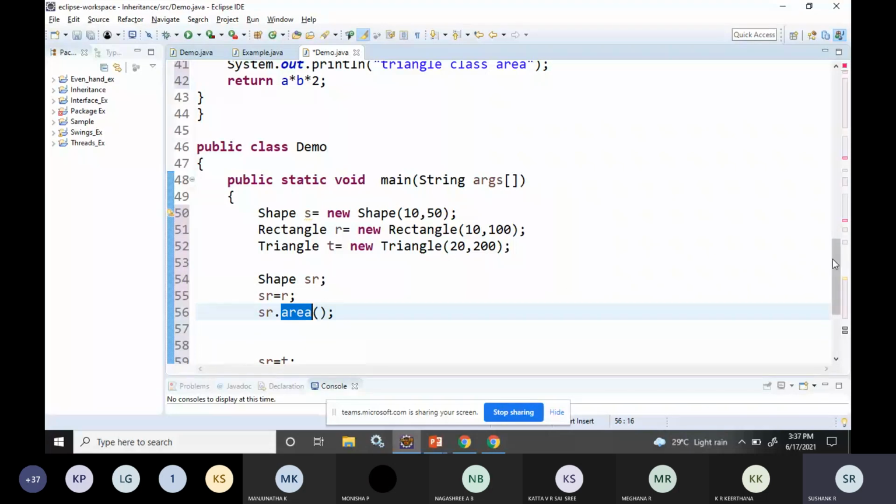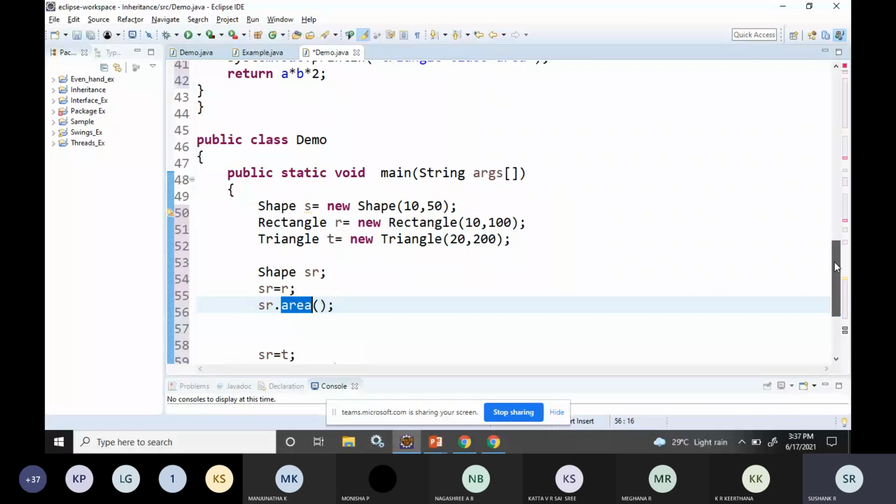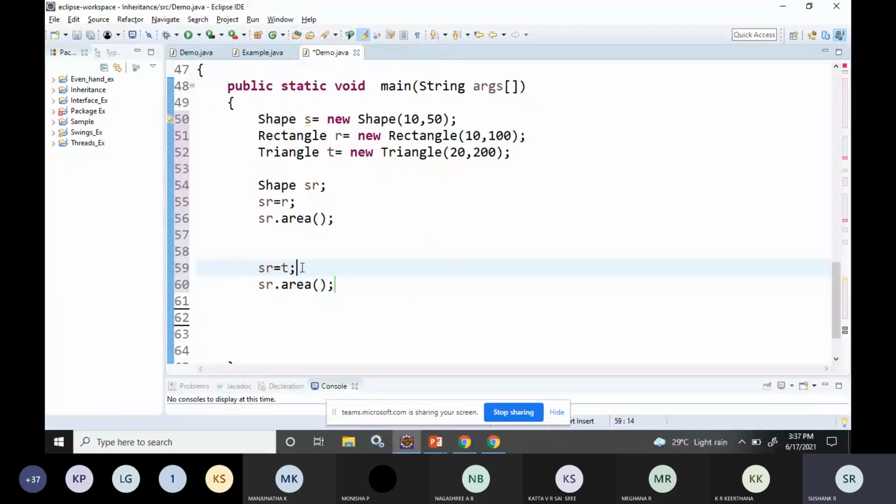Similarly the same thing will happen when you call SR.area. It will check the reference. Here t belongs to the class called triangle, so the triangle class area function will be executed.